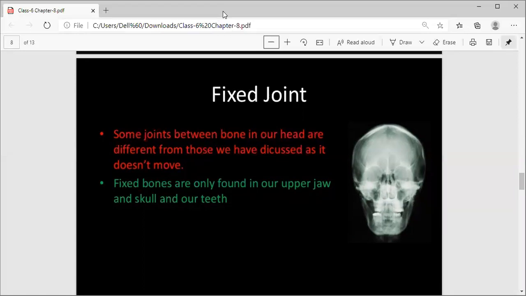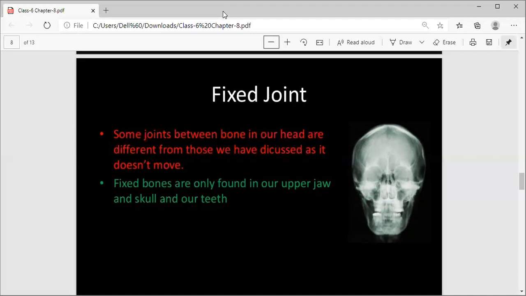When you do exercise, you can rotate your shoulder, so it means it can move in all directions. The hinge joint, we had discussed, moves only in one direction. I had compared the hinge joint with a door. When we open and close the door, that shows the movement of a hinge joint. Gliding joint, we had seen the movement in our hands, how these different joints show movement only in one plane.